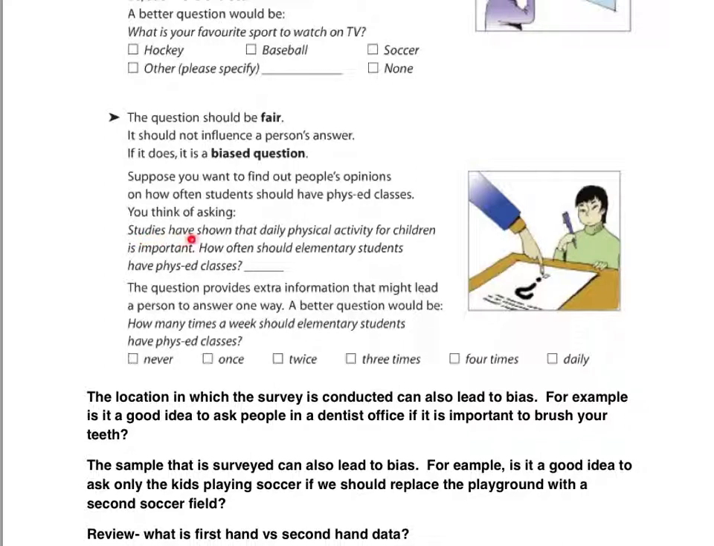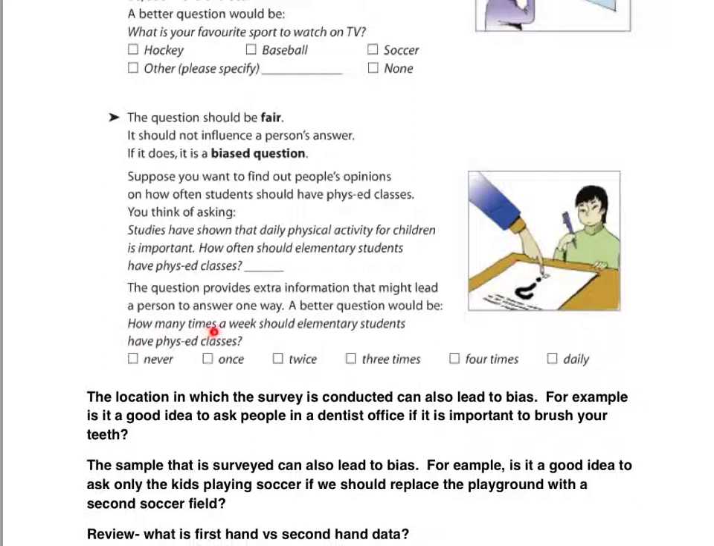Well, here with this first statement saying that studies have shown that it's important, you're influencing people to think that, oh yeah, if studies say it, it must be important. And so then that's going to influence their response. Your better option is to not include this kind of information. Just ask this question: how often should students have physical education classes? Instead,